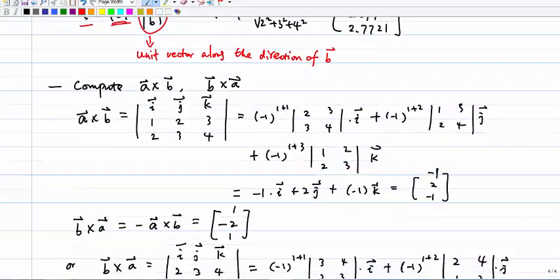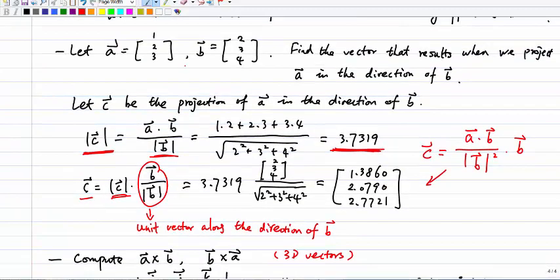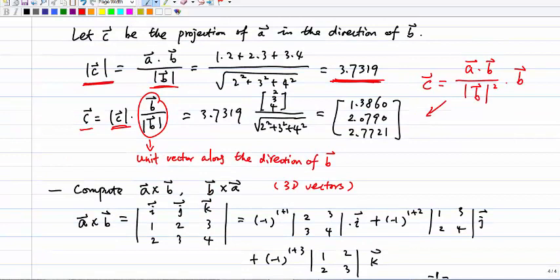So the last question is about computing the cross product. Again, cross product only applies to 3-dimensional vectors, which means you have 3 entries in your vector. So let's say I have A and B, the same A and B defined over here, 1, 2, 3 and 3, 2, 4. Alright, so to compute the cross product of A cross B, what to do, the first row is always